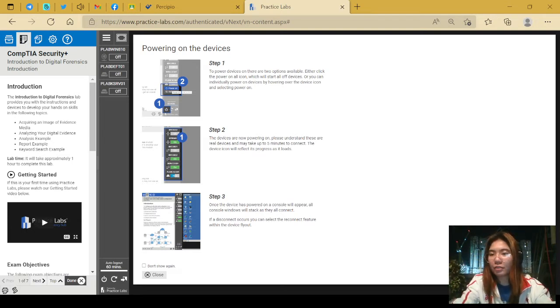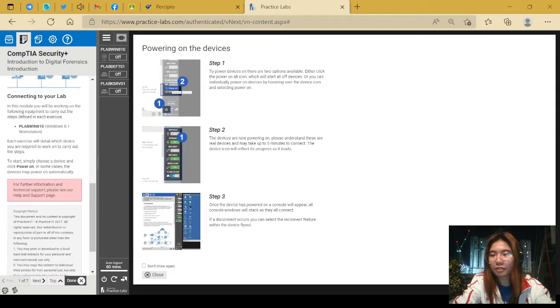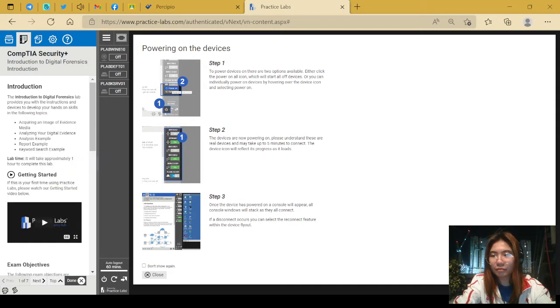Introduction to Digital Forensics. The Introduction to Digital Forensics Lab provides you with the instructions and device to develop the hands-on skills in the following topics: acquiring an image of evidence media, analyzing your digital evidence,